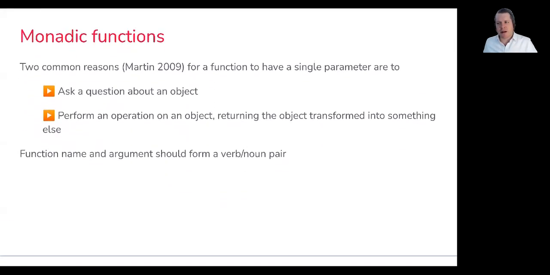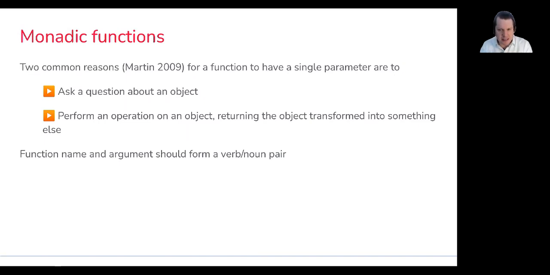So the first one is going to be functions that are monadic, or those with a single argument. There's two common reasons within our computer programs where we want to have a function with a single parameter. The first reason might be to ask a question about an object. You might think like, is the object valid? Is its number within some